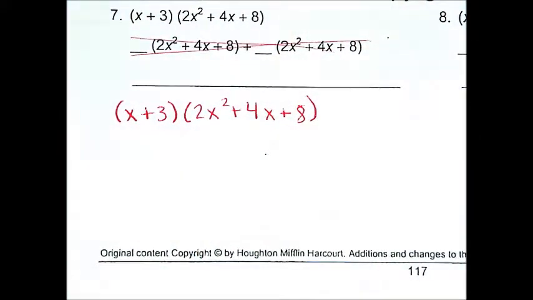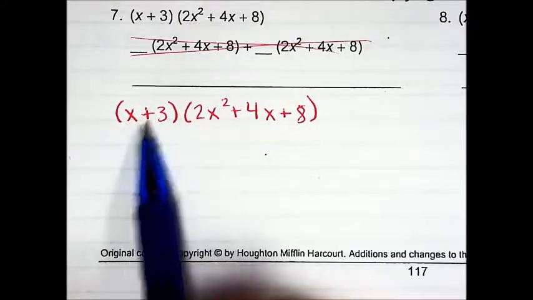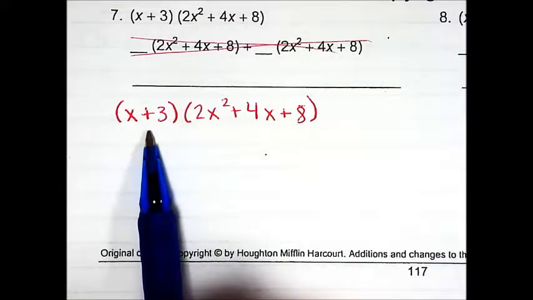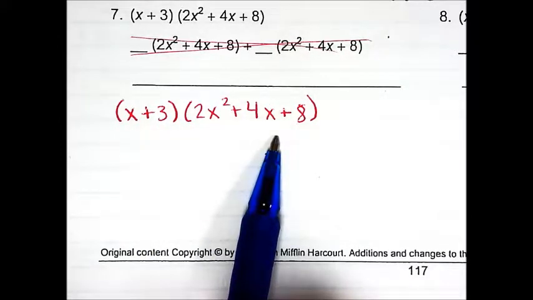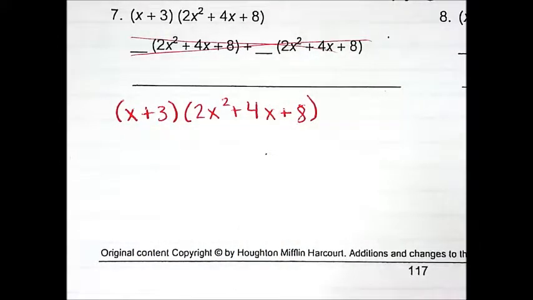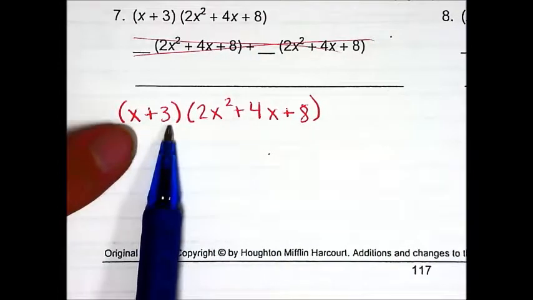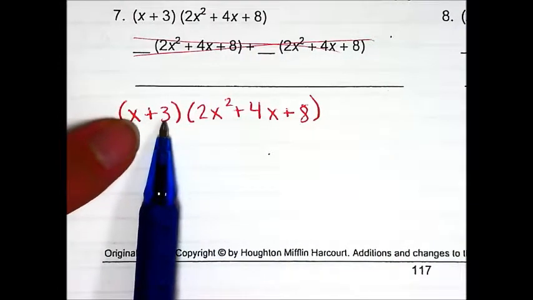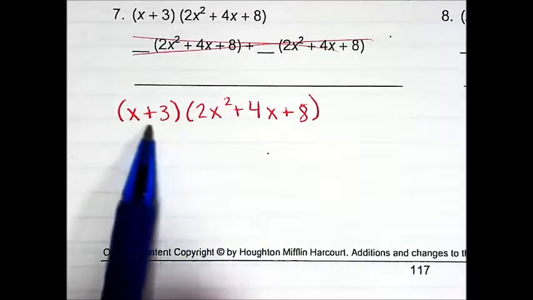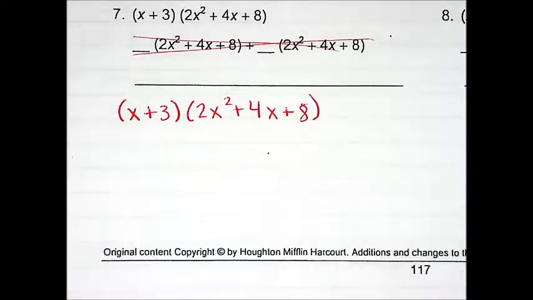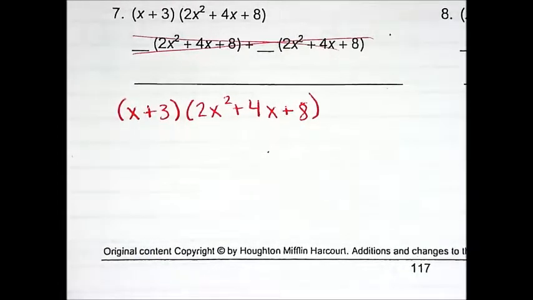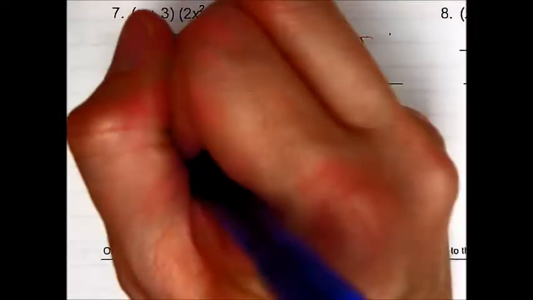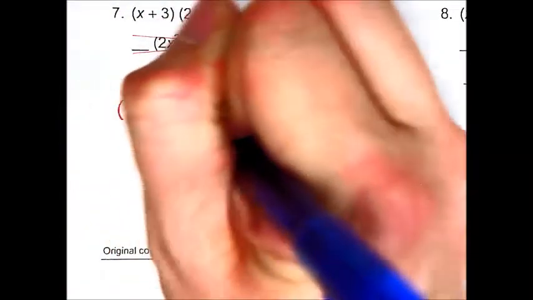Okay, here's the deal. I need everything in this set of parentheses to get multiplied with everything in this set of parentheses. So it's, like I said, a giant distribution problem. Pick the thing that has the least, like this only has 2 terms, this has 3. Pick the thing that only has 2 terms and say I'm going to distribute that. So what I mean, and I'm going to even use a different color here to show you. I need you to do this x